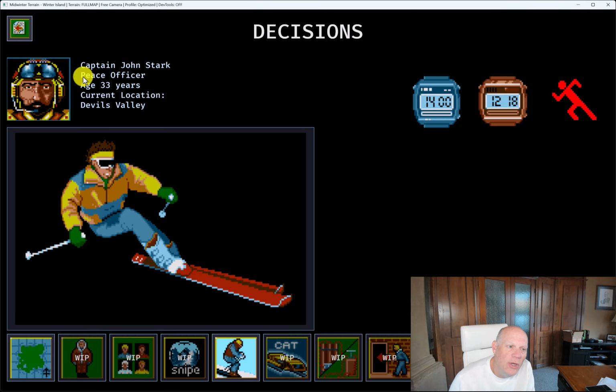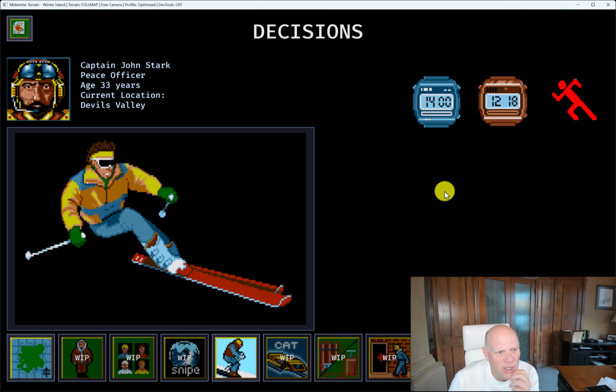There were 32 characters like Captain John Stark, and these were people that lived in this world. You played one of them at a time, and as you recruited more of them, you had more characters to play during the game. I keep saying period because it's like I'm dictating. I'm a physician, and I'm sorry about that. Anyway,